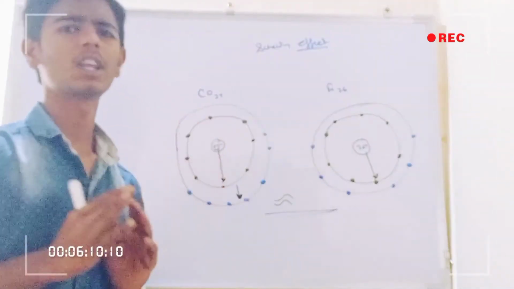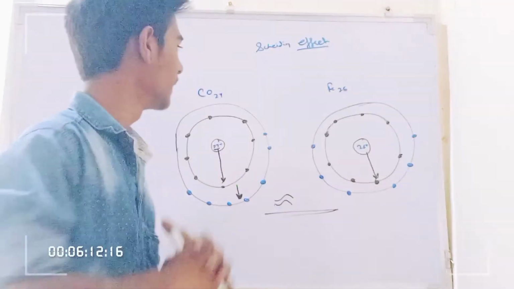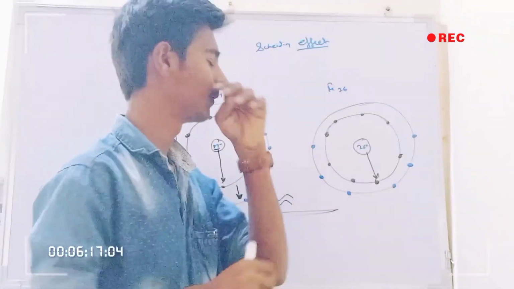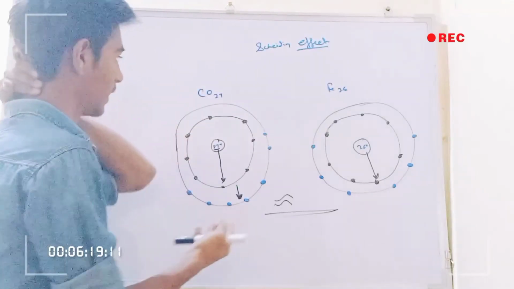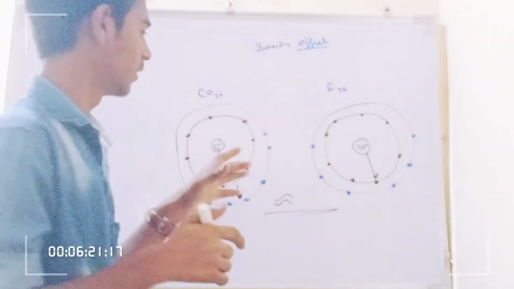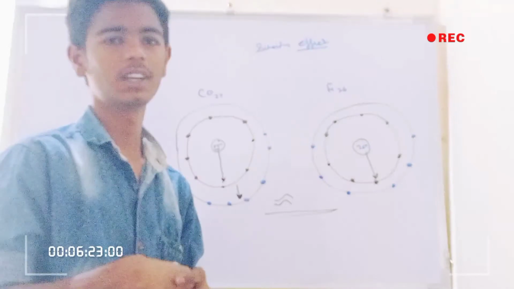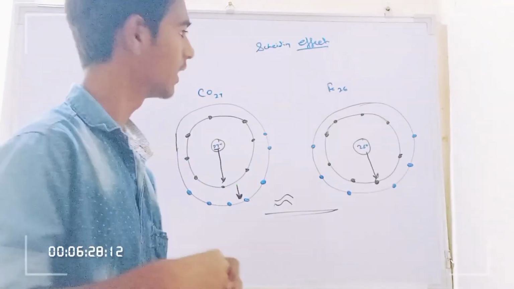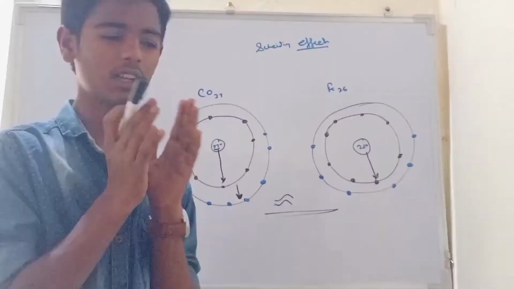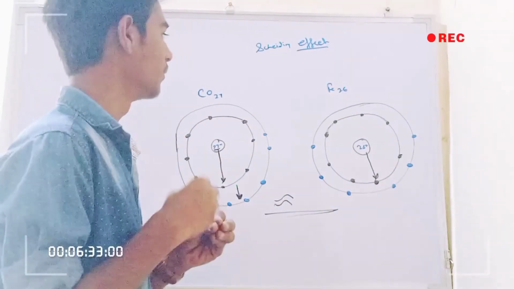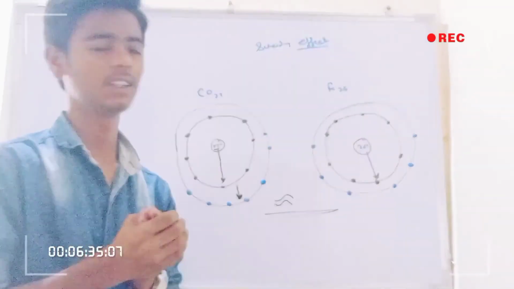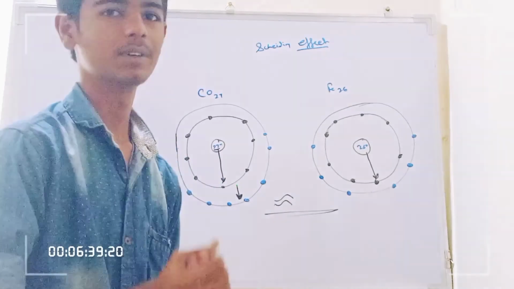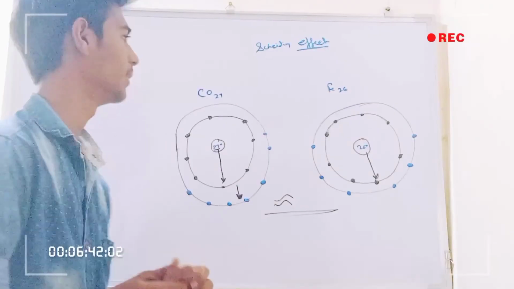This is what happens in the d-block elements, friends. It happens from manganese to ferrous or cobalt, or beyond. These elements have a completed octet and more than 5 to 6 electrons present in the outermost shell. Hence it is distinct and we can observe it without much complexity. This shielding effect, as given in our book, happens in the d-block elements, that is, the transition elements. Thank you, friends.